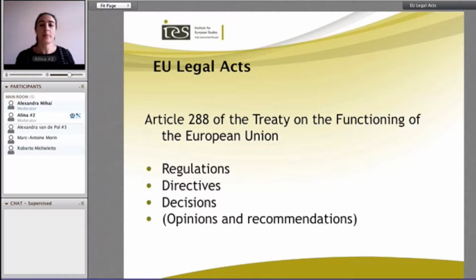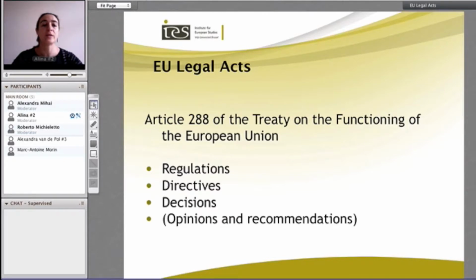So the first slide that I've prepared for today is a small overview of the legal acts that we have on European Union level, because I think this is quite crucial since we're talking about legislative procedures. It's good to know what different types are out there, and this is quite easy. Just one look into the treaties brings a lot of clarification, especially here we have Article 288 of the Treaty on the Functioning of the European Union that specifies that at this level we have the following types